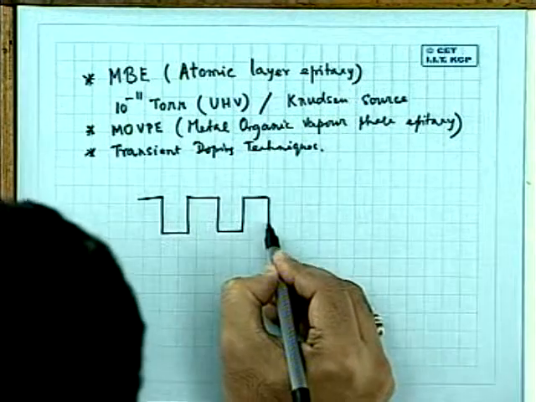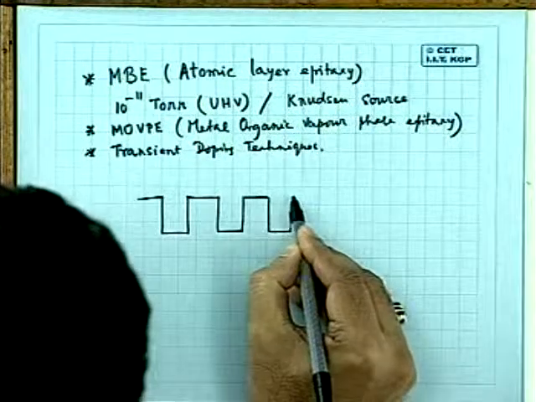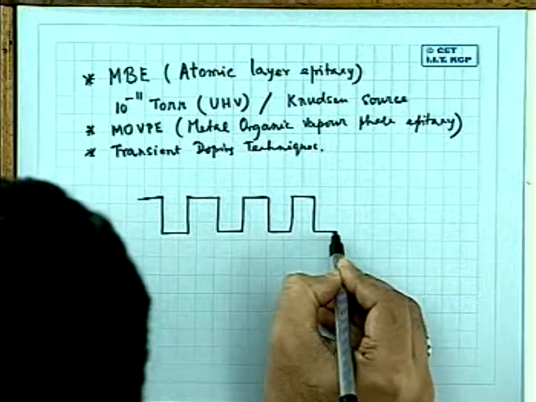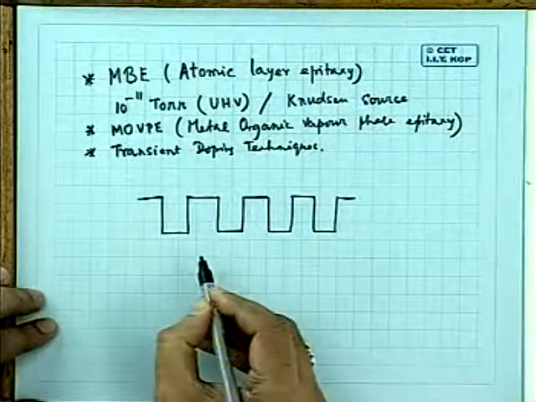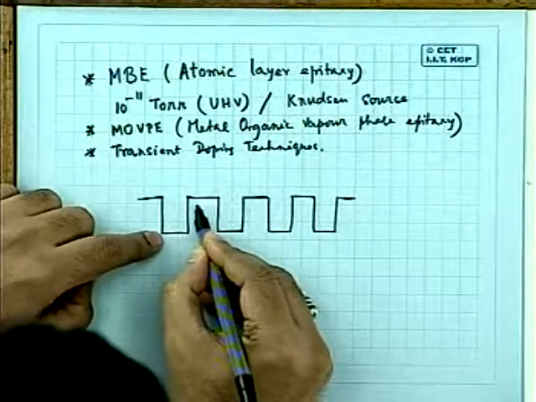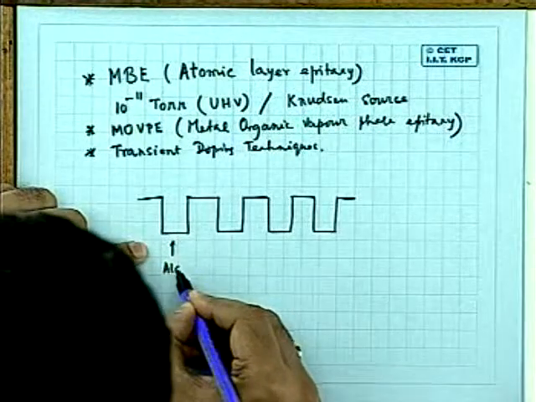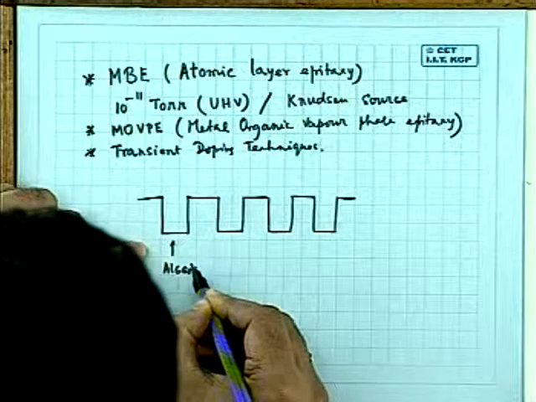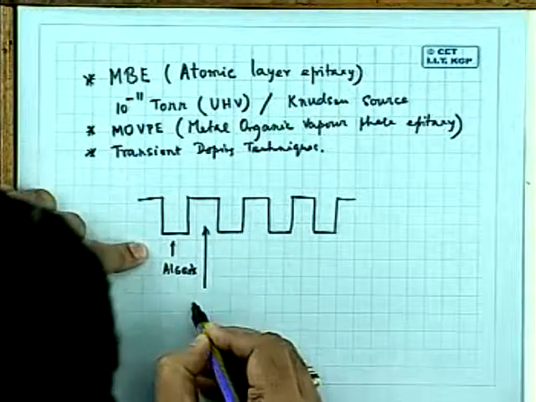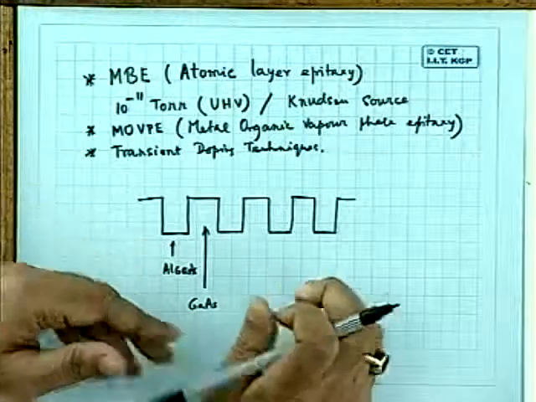This region, say, is aluminum gallium arsenide, and these regions are gallium arsenide. So we can successively deposit films of gallium arsenide and aluminum gallium arsenide, say 20 angstrom, 20 angstrom, 20 angstrom, 20 angstrom. Like this, you can go on depositing multiple layers,